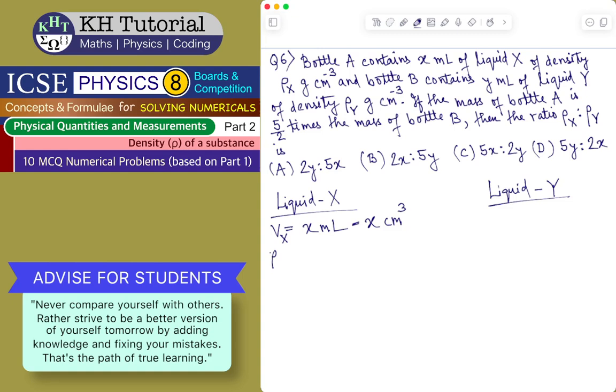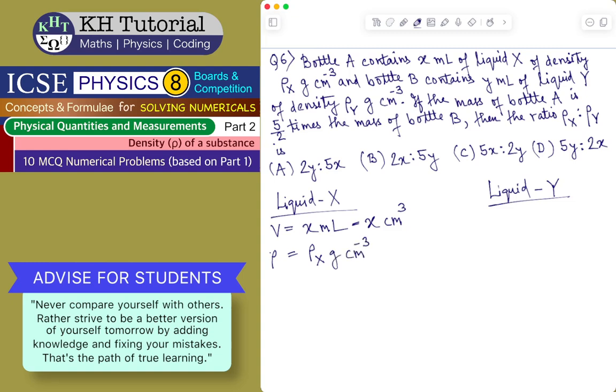Let's say for liquid X, that is the bottle A containing liquid X, we are having the volume is X ml, which is X centimeter cube, and the density is given to be rho X, gram per